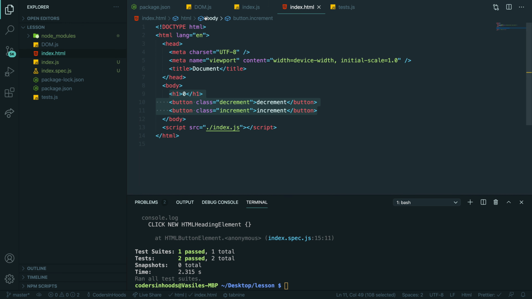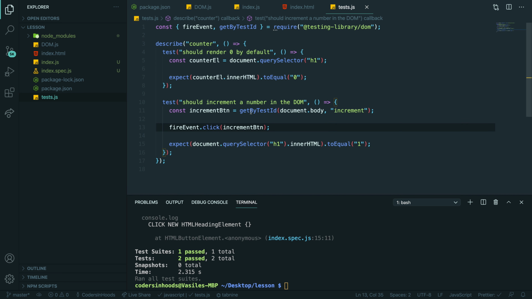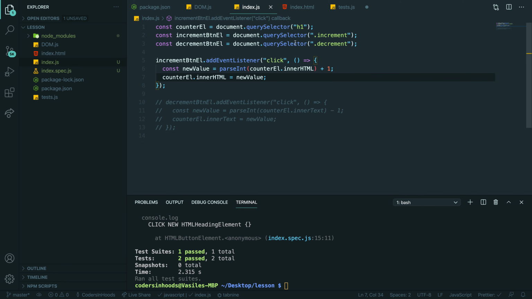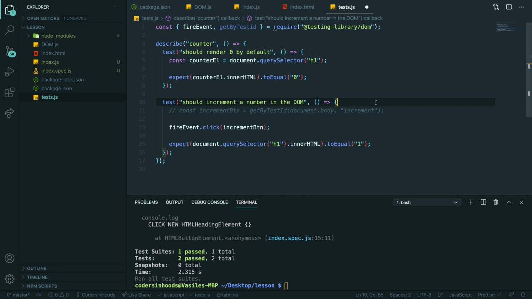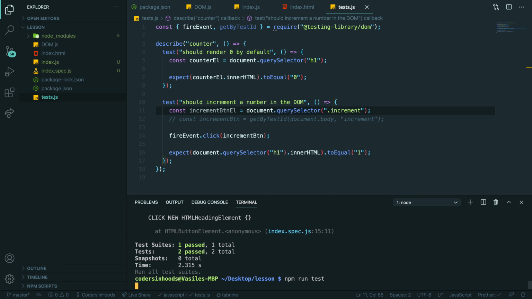So I'm wondering if we remove this get by test ID, and we will use just query selector. The query selector that we have here. I think that still should work. Let me rerun tests.